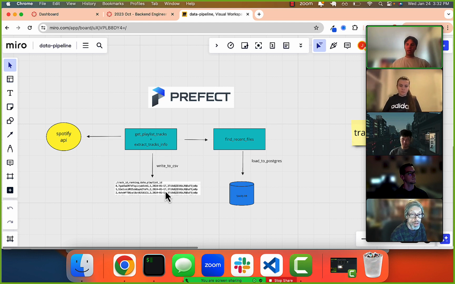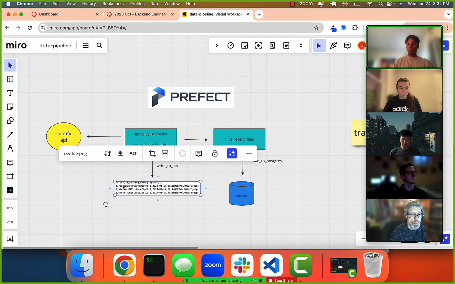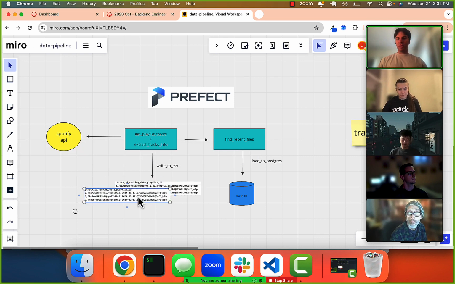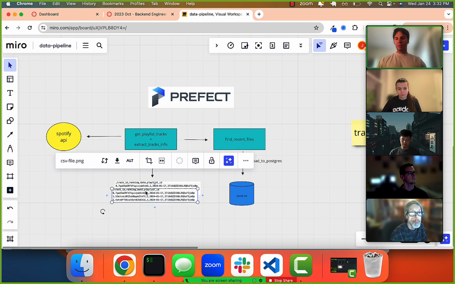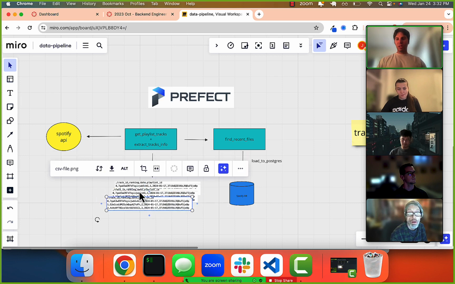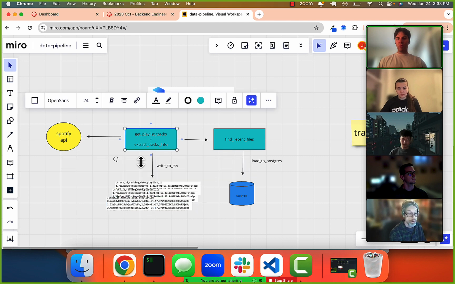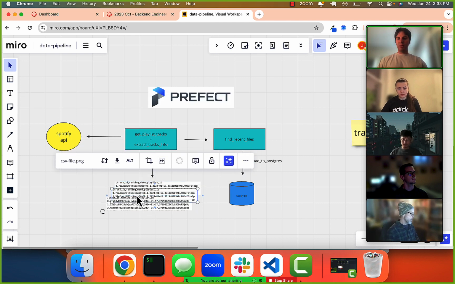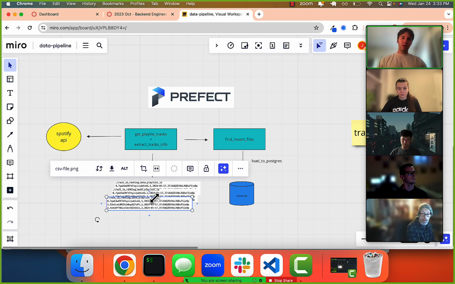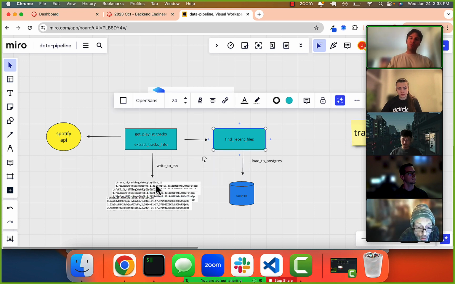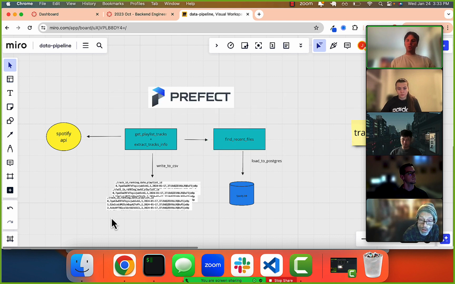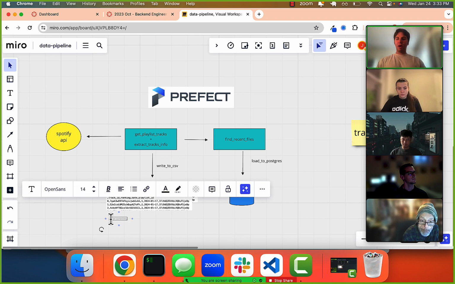So we'll add a new task called find recent files. What we'll do is split this into multiple files. Remember, this is a playlist of the top tracks in the US. So you can imagine that every day we pull, make a new request, and then save a new CSV file. We don't want to reload every CSV file to the database every single day. So instead, maybe we'll name each CSV file with the date, so today it would be